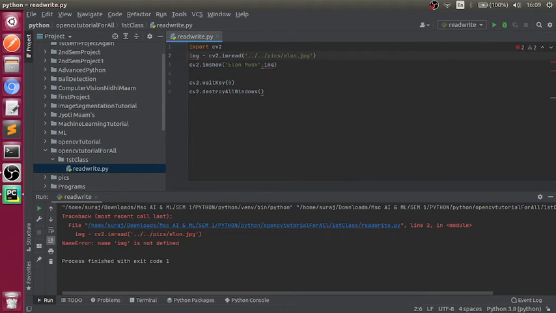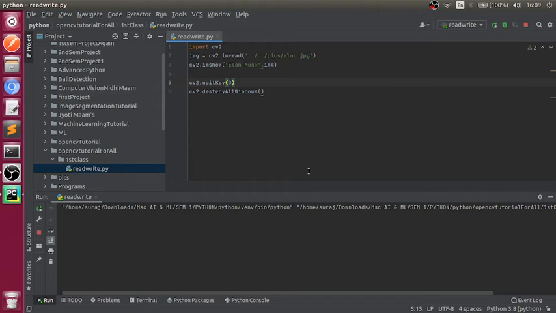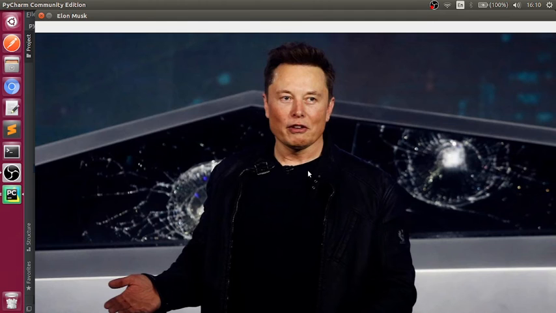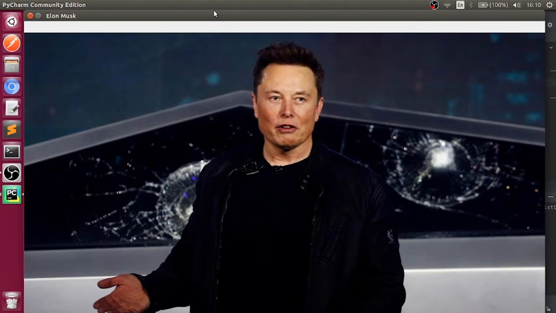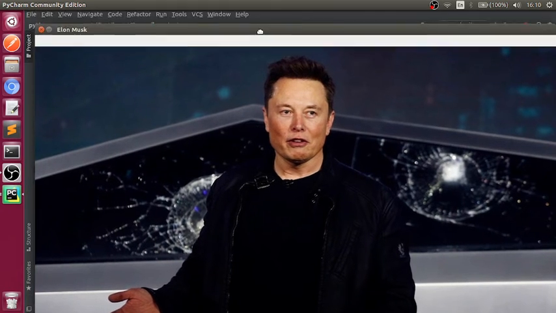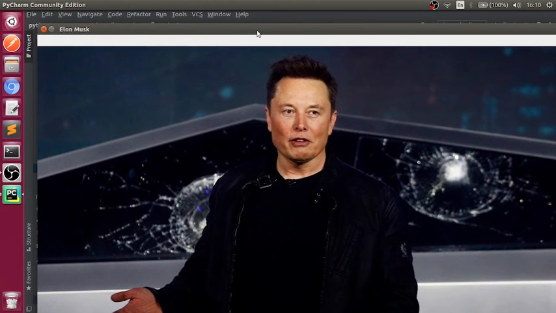Okay, we fix that. It takes a little time the first time, because when cv2 is imported it takes a little time to load. Now over here you can see that I have a big size image, so it's opening big. So this is the Elon Musk image we have, and it's open.